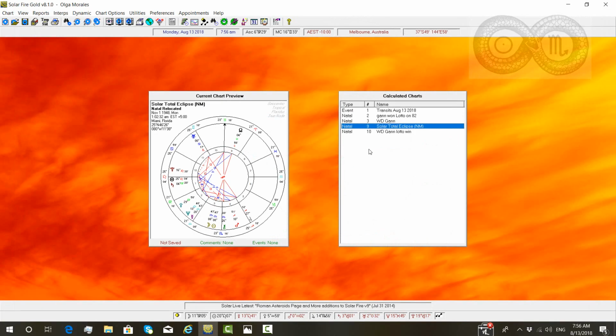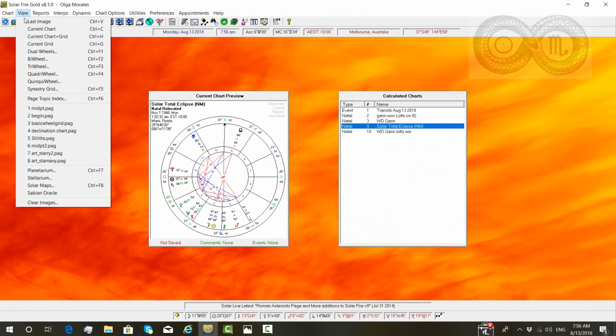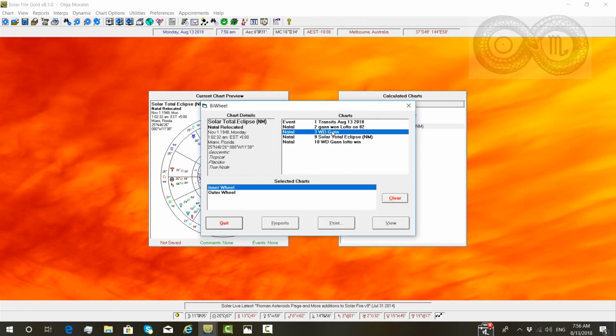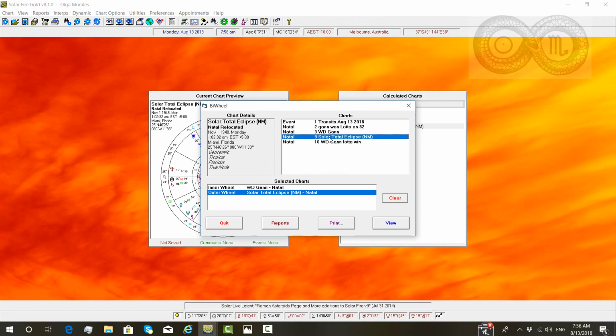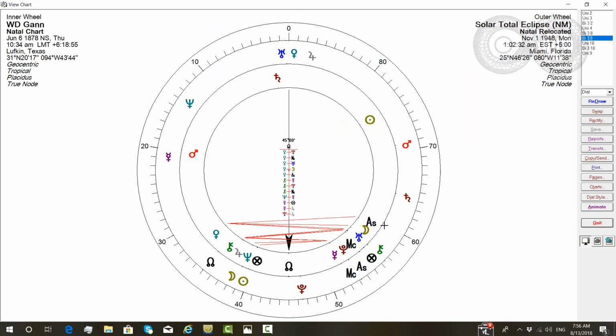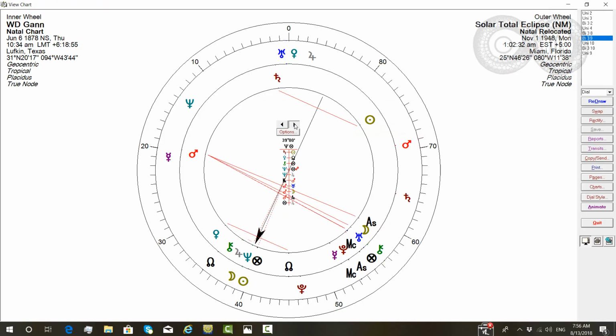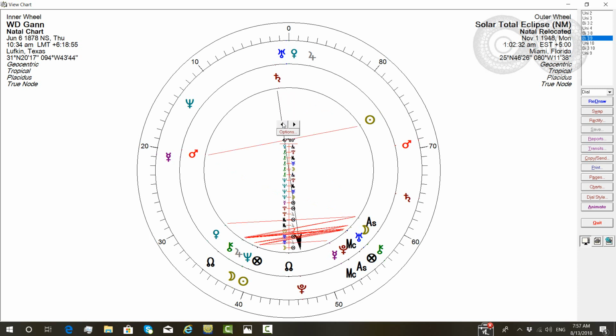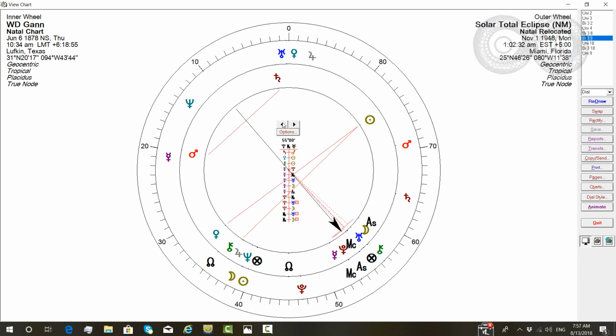But let's have a look on the bi-wheel. So what you do is go to view and we look at bi-wheel, and now we want to get his natal chart in the middle and the actual solar eclipse on the outside. You can see that the solar eclipse, remembering that it was at 8 or 9 degrees of Scorpio, links up all his lucky midpoints with the Jupiter, Neptune, the speculator's part of fortune midpoint. At the same time, the actual part of fortune of the solar eclipse was